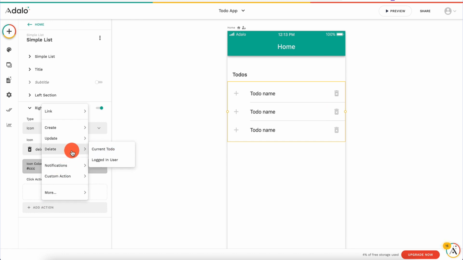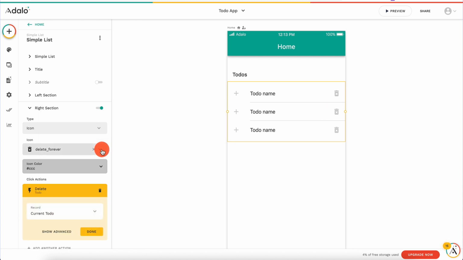And this is going to choose, we're going to choose current to do, because this collection, this list knows that it's a collection of a to-do item. So we just configured the delete. Now, the next thing we want to do is we also want to do that if they click on this,